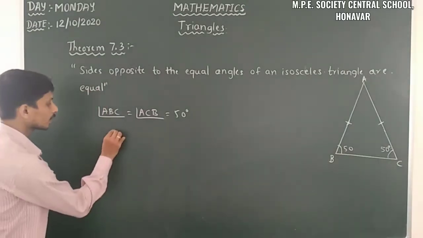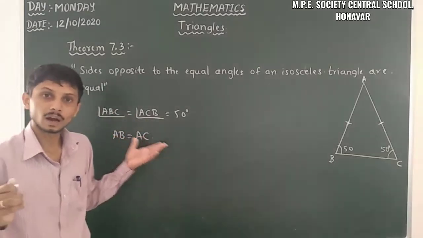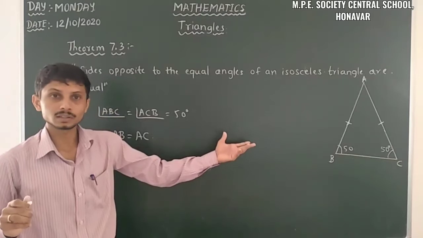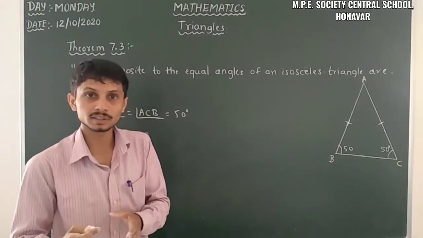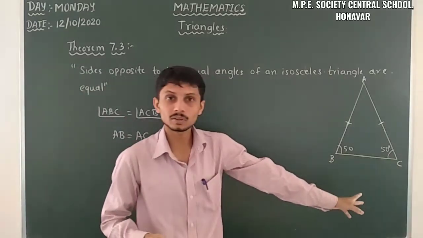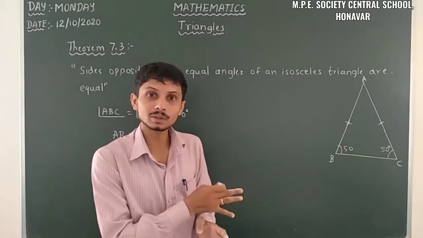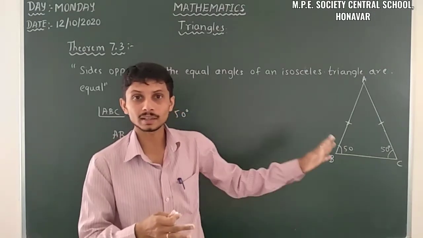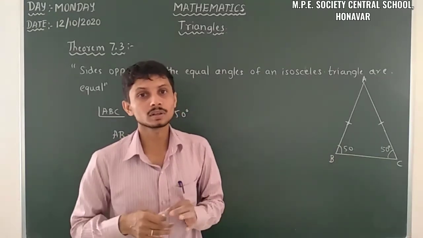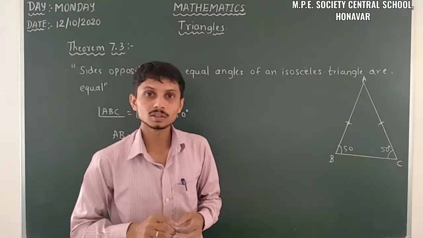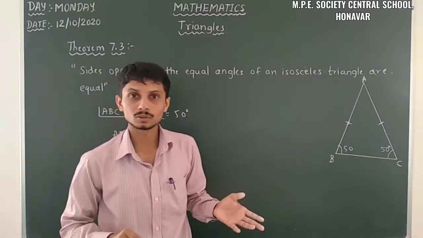So that's why we have to take AB is equal to AC. We also prove that one with the help of congruency, SSS congruency or ASA congruency, by taking a perpendicular line. There also we have to take some of the equalities. From those equalities we have to prove those two triangles are congruent, then the corresponding parts of those two congruent triangles are also equal. So then we can take those two sides are equal also.